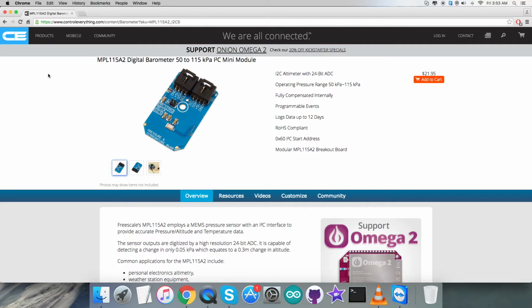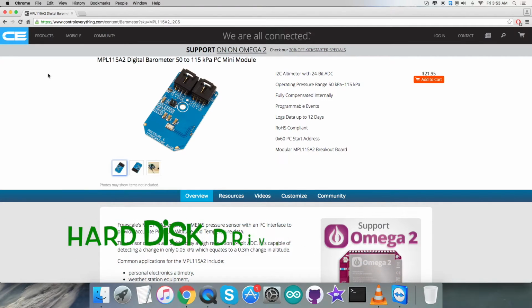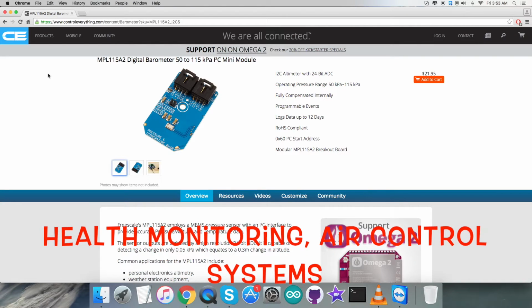The typical applications for this sensor are barometry, altimeters, weather stations, hard disk drives, industrial equipment, health monitoring, and air control